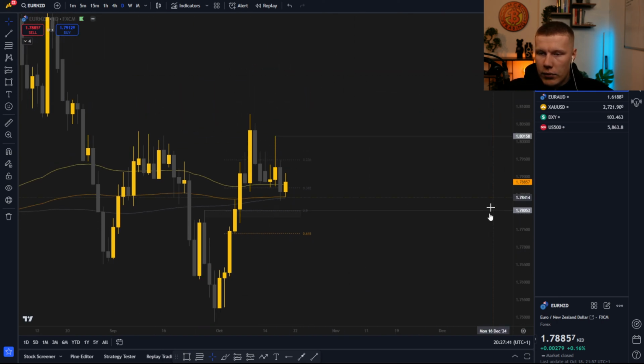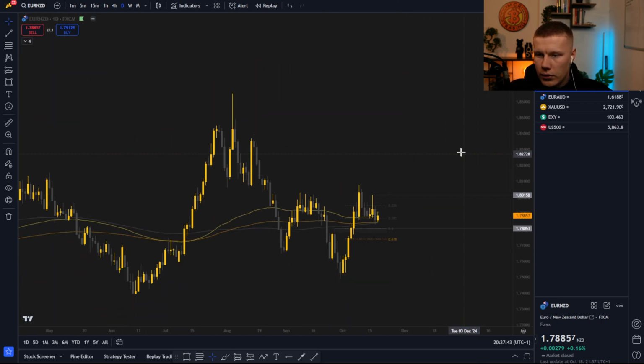That is actually a level. I don't know if it aligns with anything. You get a big trend line. I mean, that's not really a valid trend line, but